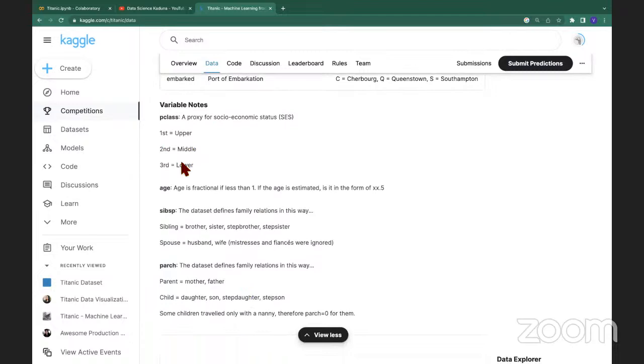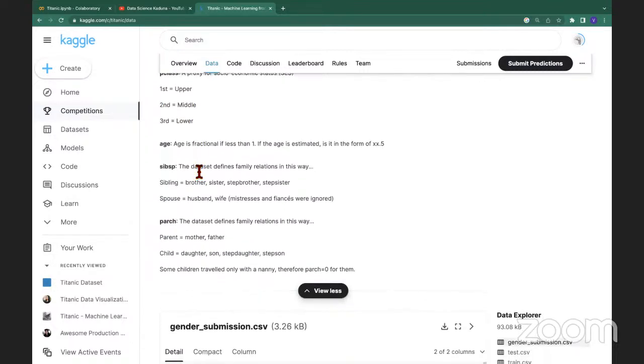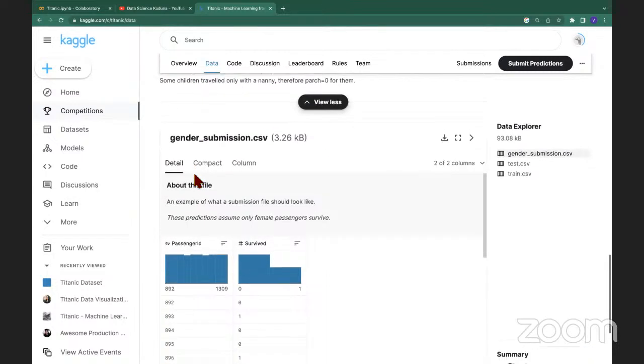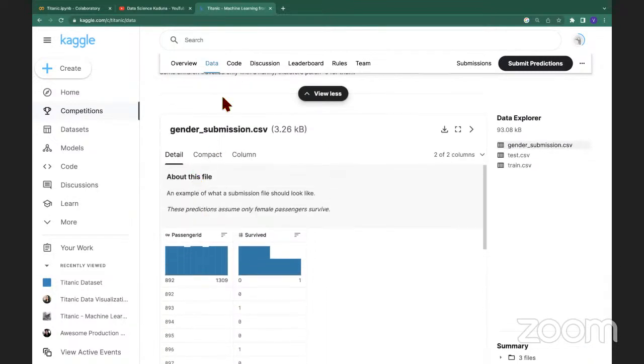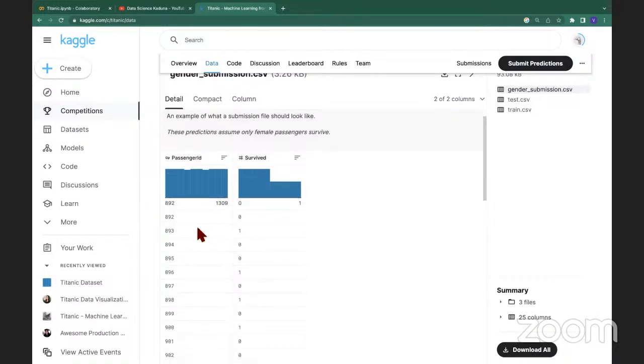So you can see again the variable notes. First means upper, second means middle, and third means lower. So one thing that you have to always remember is that whenever you are given data, if you are not given information about what the data is, you have to ask what the key is. What does each variable in my data set mean? Kaggle even went ahead to give some descriptive statistics about some of the things in the file. So you see the passenger ID